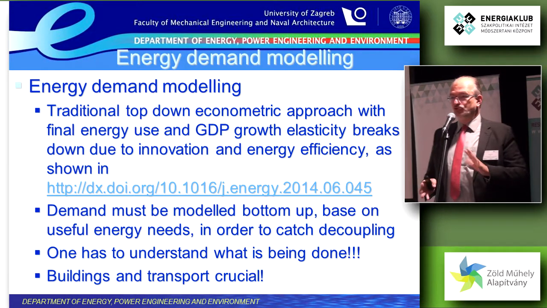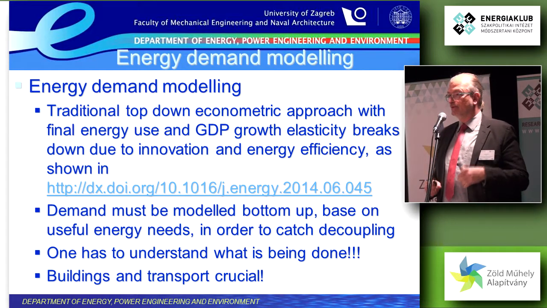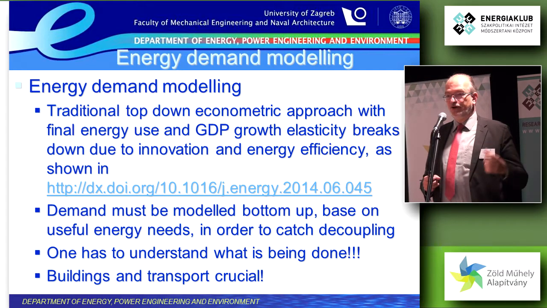There are basically two major sides of energy planning. One is energy demand, and the other is energy supply. We talked a lot today about energy supply, but what about energy demand? Basically, the old way of planning the demand is wrong because we are changing technologies. In times when technologies are quickly changing, you cannot use an econometric approach. It doesn't work. It will never see that your demand is actually falling while your GDP is growing. And this is what is happening now because of energy efficiency of buildings,